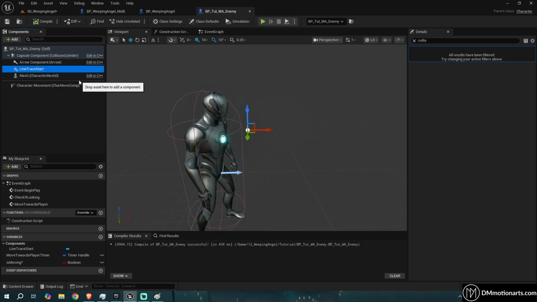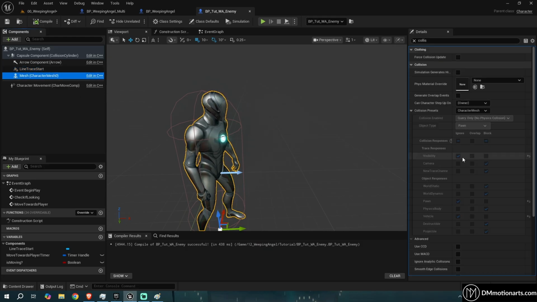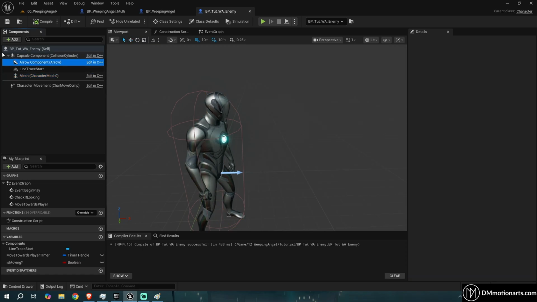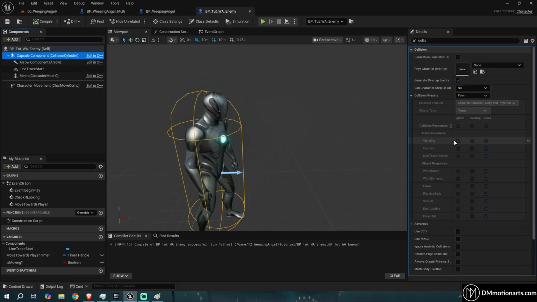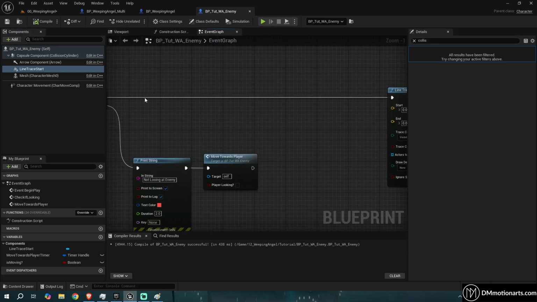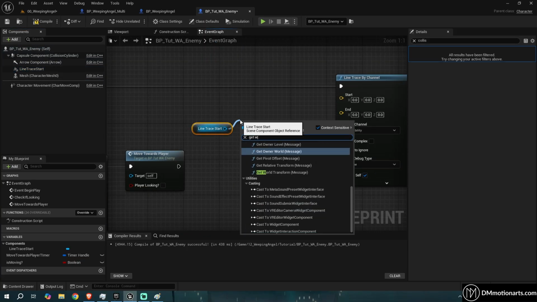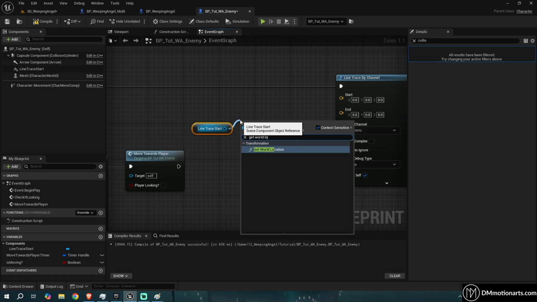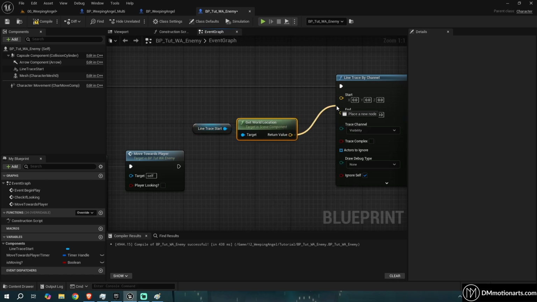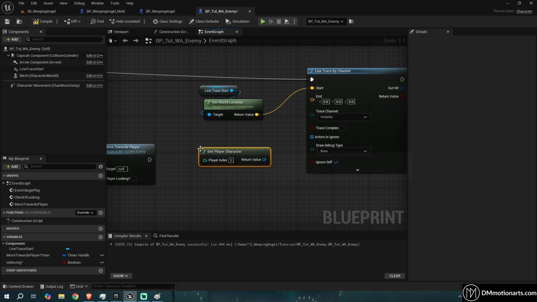It's not going to hit it even if you do it the other way, because by default this one is also set to ignore the visibility channel. But I'm just going to create a line trace from here just to show that this is how you could do it too. I can get the line trace and I can do get world location, and then I can just do start from here. Okay, get player character,